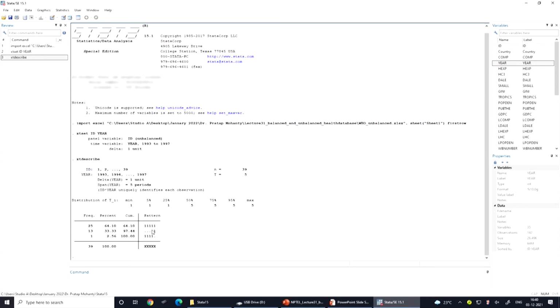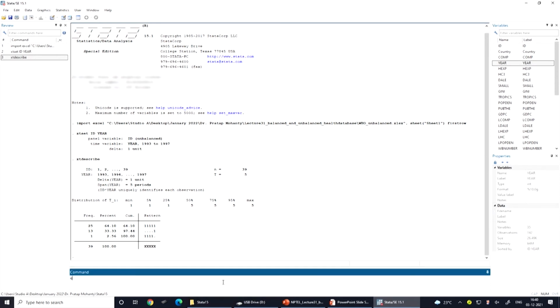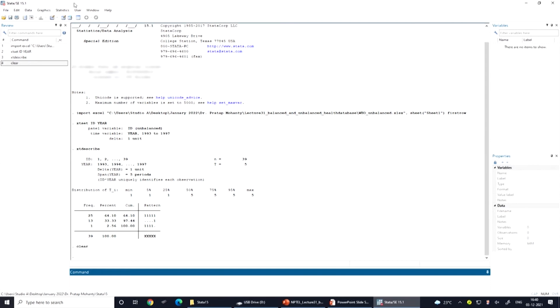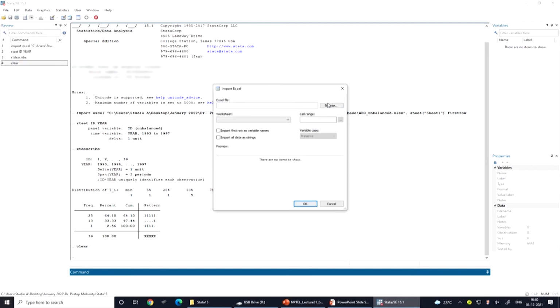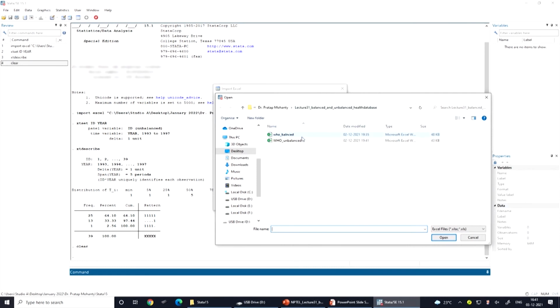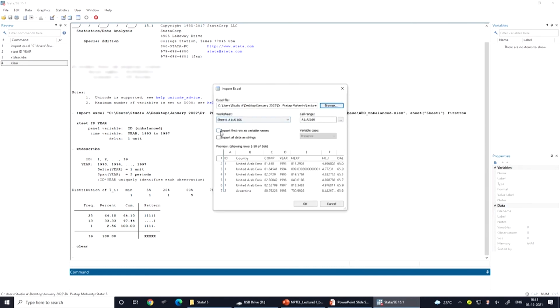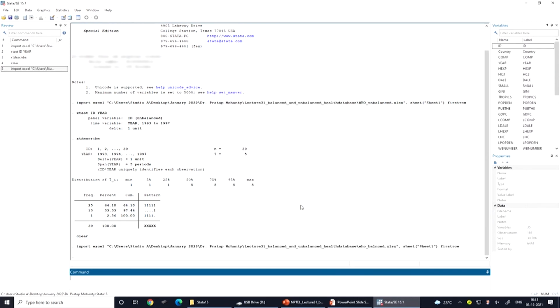Okay. So, next we are going to open a data set to understand the balanced panel. So, here I am going to open a panel data set which is balanced. We have again taken it from the same source. So, the WHO balanced panel data is on healthcare issues. We will also share it with you. We have identified the first row as the variable names.